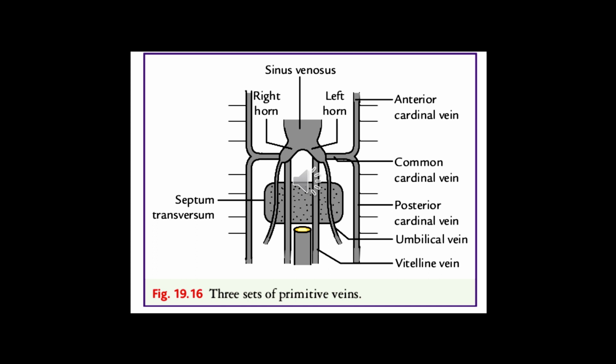Please remember the portal vein, if you have come to the posterior abdominal wall, how it is formed by the union of splenic vein, which is coming from the left, and superior mesenteric also sweeping from the left side to the right side. Both of them join behind the neck of the pancreas, and the pancreas itself is molded within the concavity of the duodenum. So the close relationship with the duodenum cannot be forgotten.